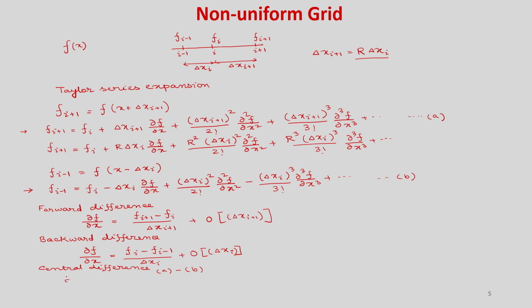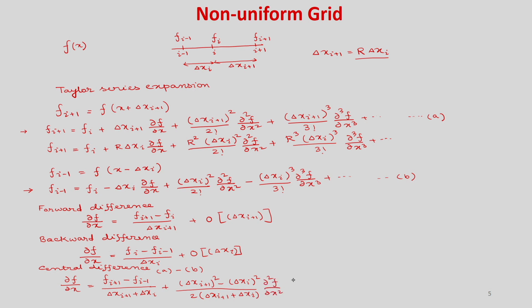So, you will get del f by del x equal to f i plus 1 minus f i minus 1 divided by delta x i plus 1 plus delta x i, plus delta x i plus 1 square minus delta x i square divided by 2 into delta x i plus 1 plus delta x i, del 2 f by del x square